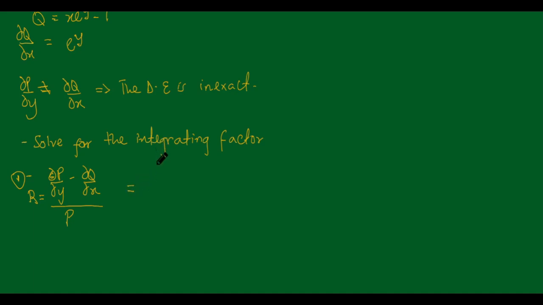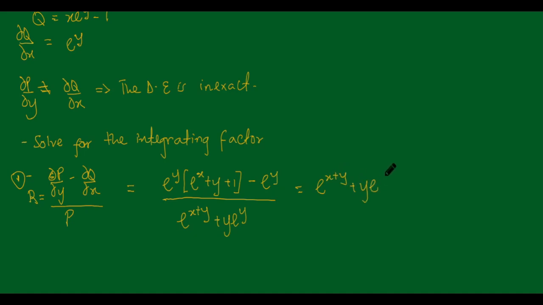So recall that from what we solved, we know that our dP/dy is e raised to the power of y into brackets e raised to the power x plus y plus 1 minus dQ/dx, which is e raised to the power of y, divided by P, which is given to be e raised to the power of x plus y e raised to the power of y. So let's try to simplify this. We now have this as e raised to the power of x plus y e raised to the power of y plus e raised to the power of y minus e raised to the power of y